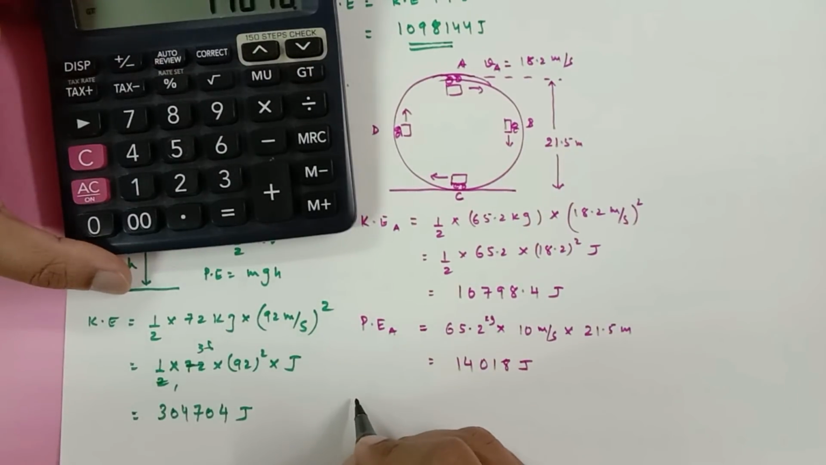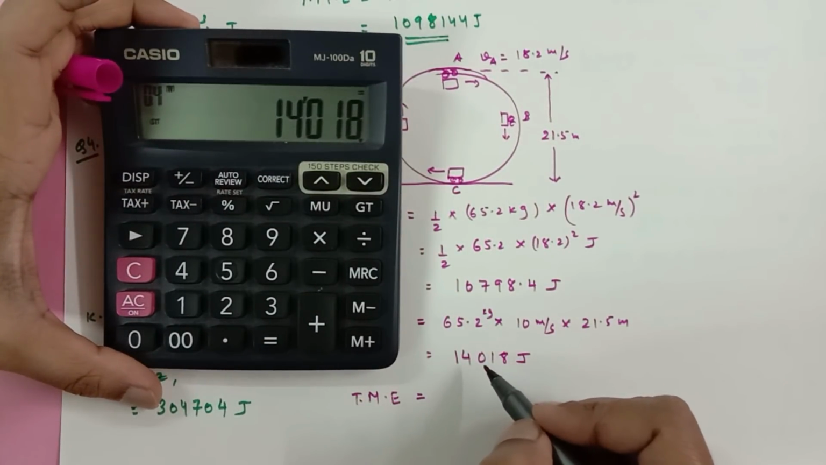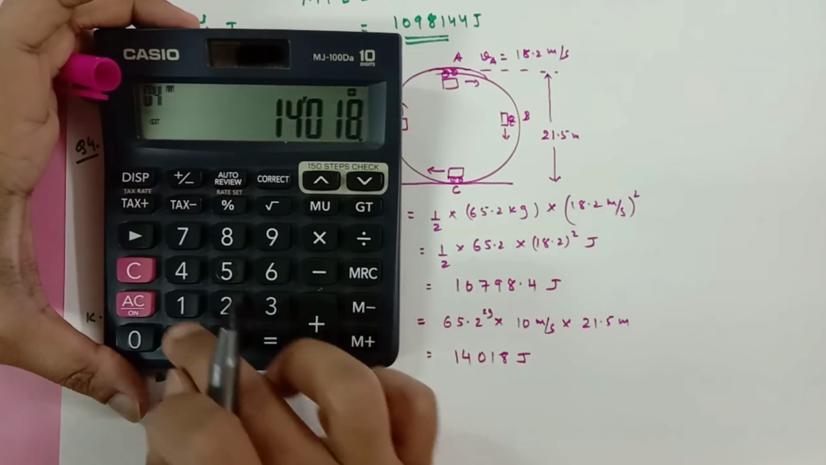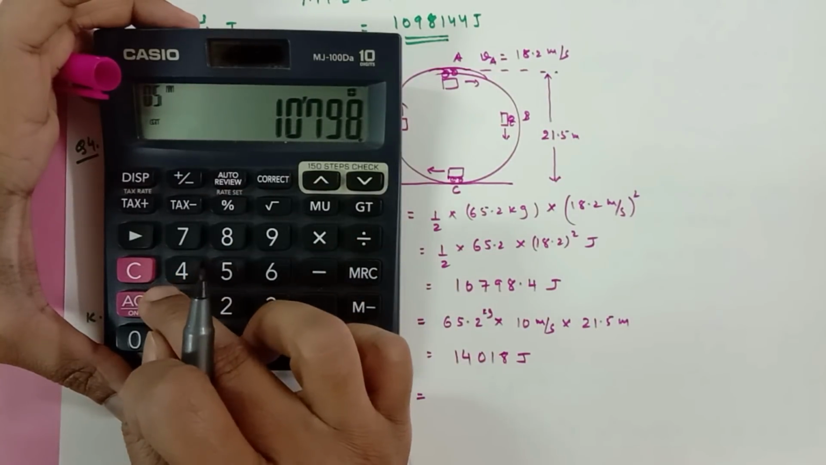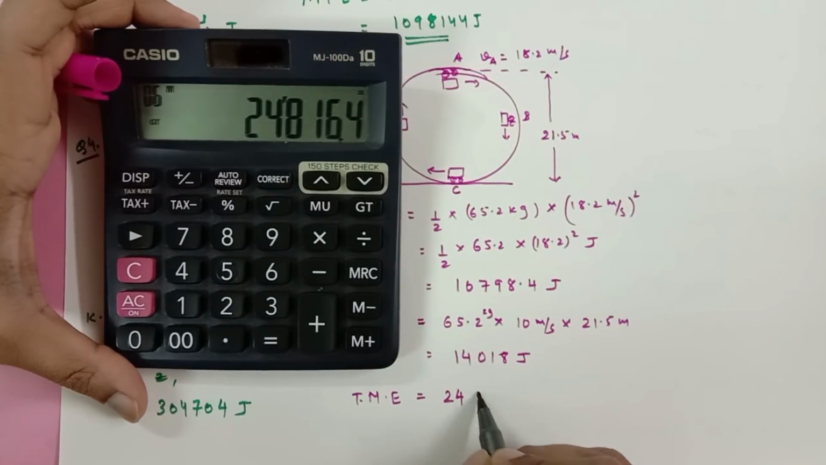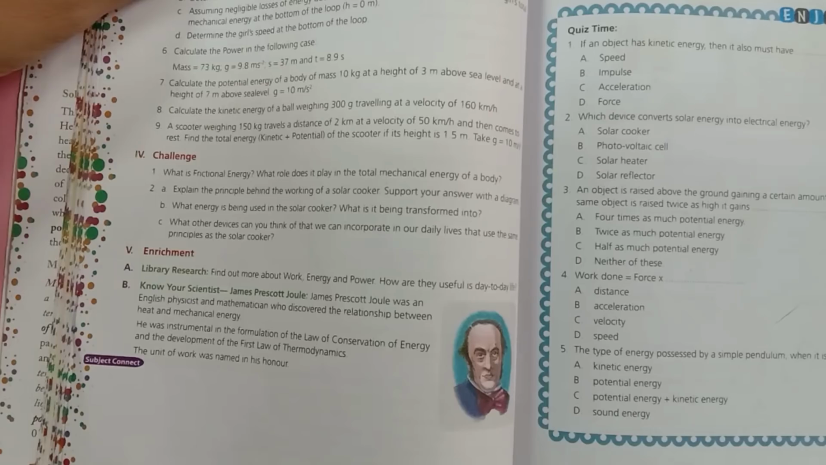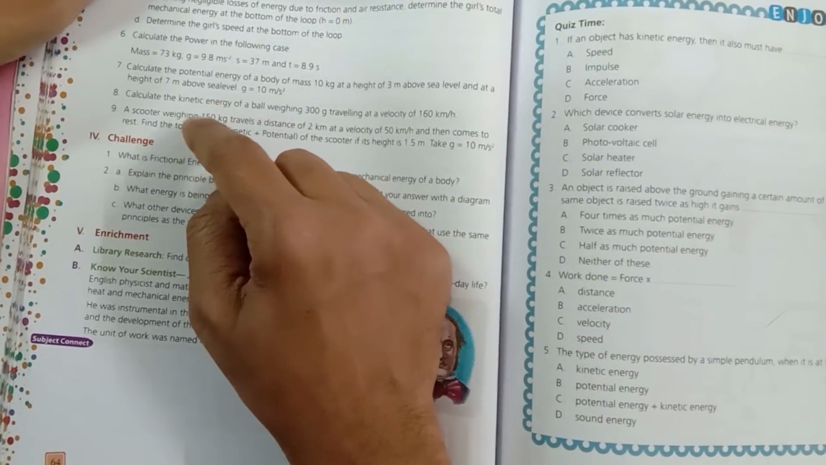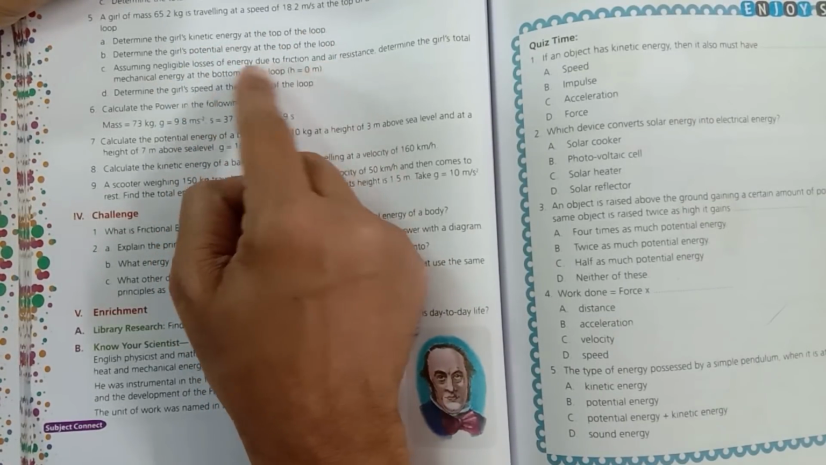So if you want to find out the total energy, total mechanical energy, that is equal to kinetic plus potential. So 14018 plus 10798.4, this answer is going to be 24816.4 joule. This is our answer. So we have solved 1, 2 and 3 part. So we have found out the kinetic energy at the top, potential at the top, and the total mechanical energy